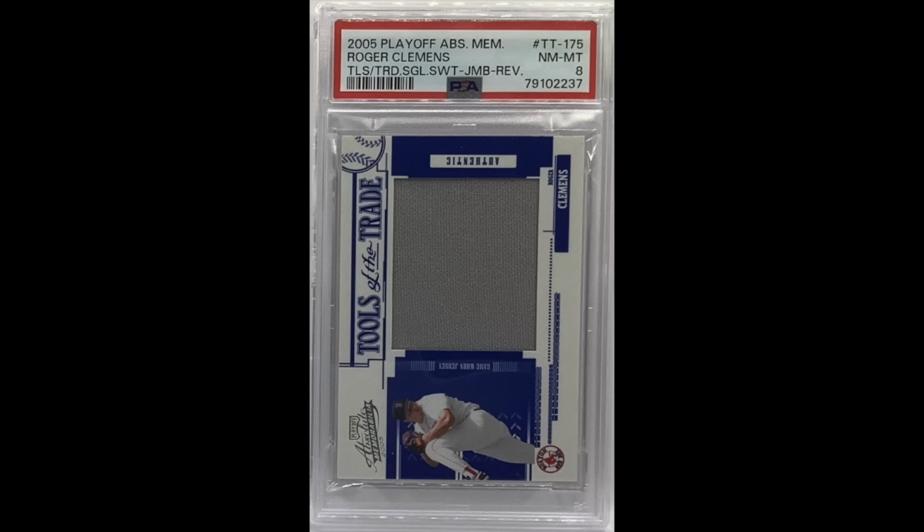All right, so I have 4 complaints here: 2 PSA, 1 Beckett, and 1 SGC. And again, fully acknowledging up front that some of these are a bit nitpicky, but we'll start with one of the PSA ones, and that is how they handle modern cards with very, very long titles. Here is a very good example. 2005 Playoff Absolute Memorabilia, Roger Clemens,